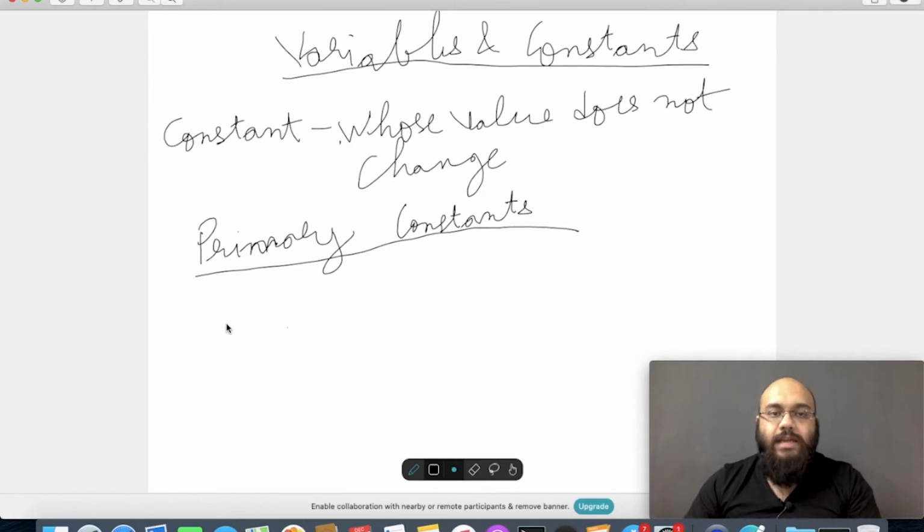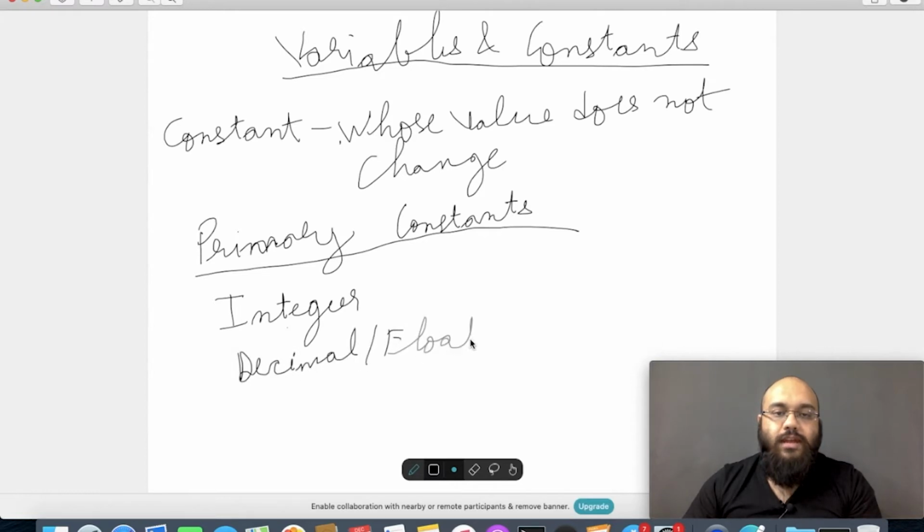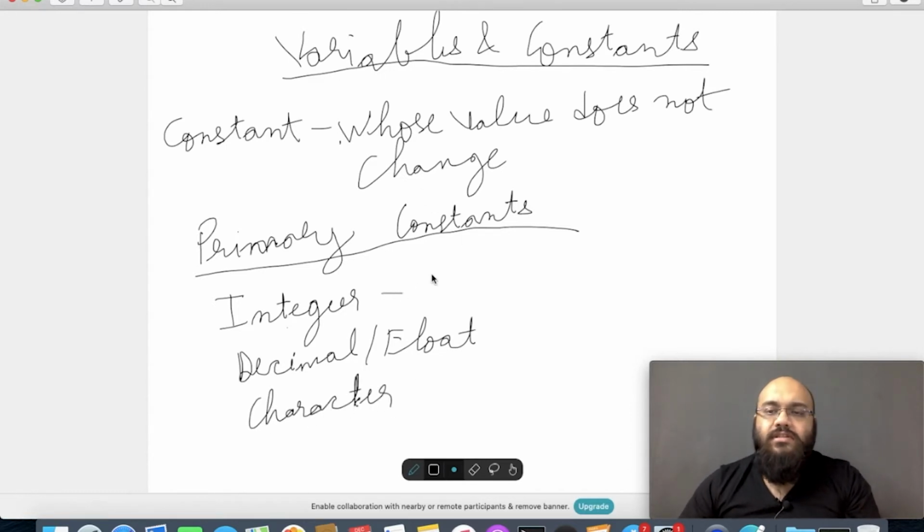There are three types of primary constants. One is integer, the other is decimal, or what we call float, and the third is character. An integer is any whole number, negative or positive. It might be minus 5, 0, 1, 2, 3, minus 250, 300.